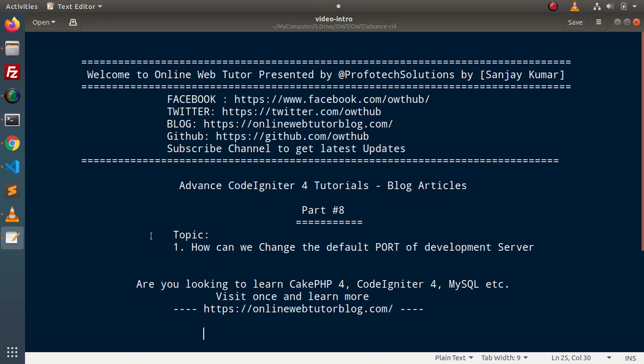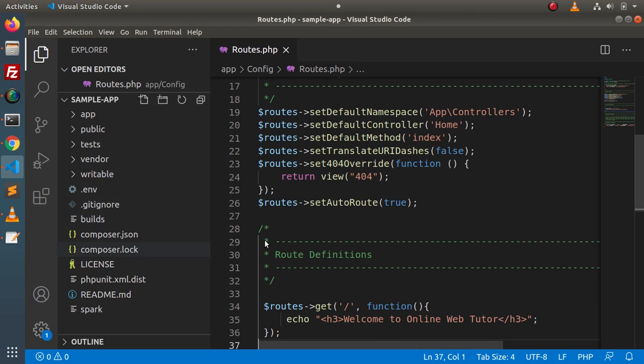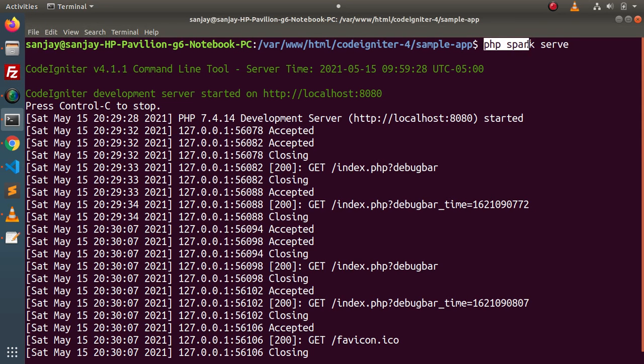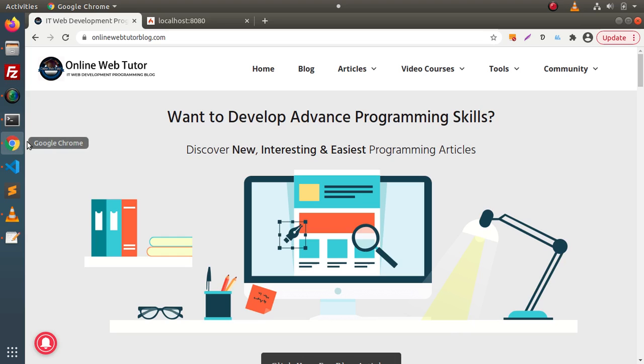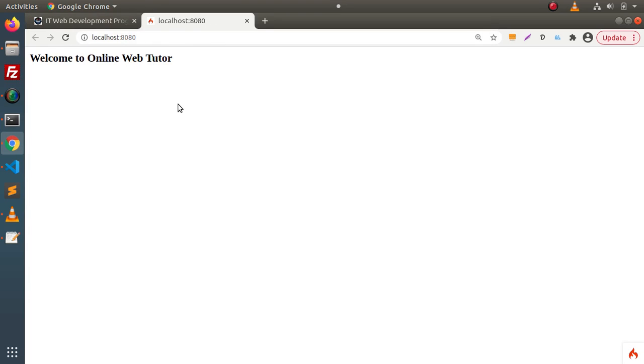What I mean is, let's say this is a CodeIgniter application. When we want to start its development server, as we know, we have the command available called php spark serve. When we run it, it will start a development server on localhost port 8080. So if I open this URL, this is the output we are getting, and this is because on